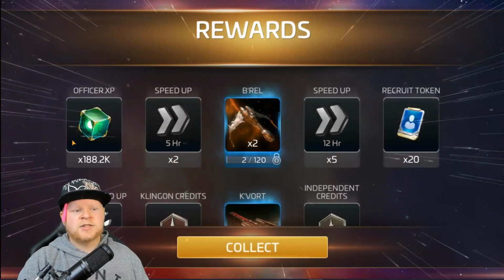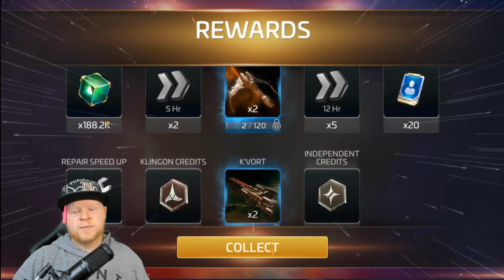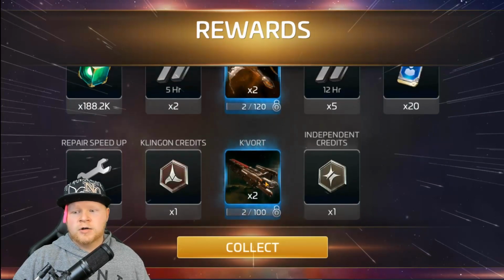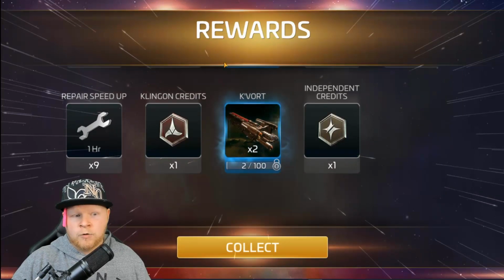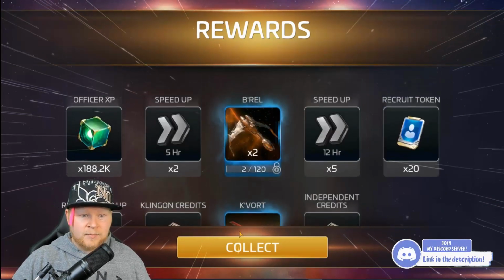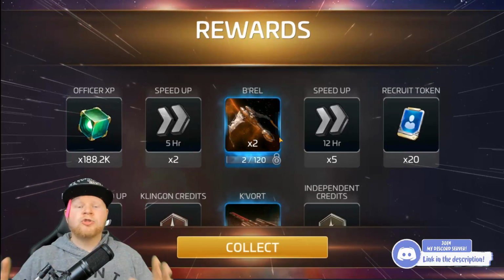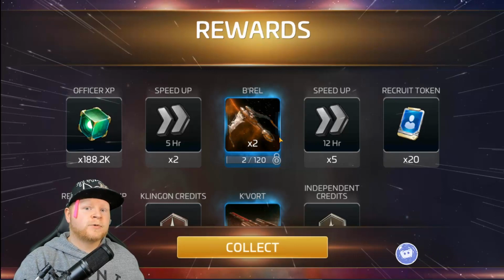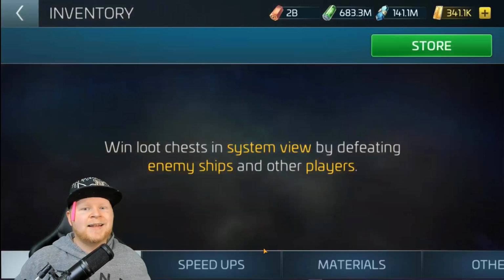So now I'm opening up 50 chests, and you see in these 50 chests I get almost 200,000 officer experience, 2 Burrell shards, and 2 Cavort shards just by grinding here, as well as 9 1-hour repair speed ups, a random independent credit, a random Klingon credit, and then more speed ups. And that's the benefit here: the drop rates in Taigo Core in terms of what you get from